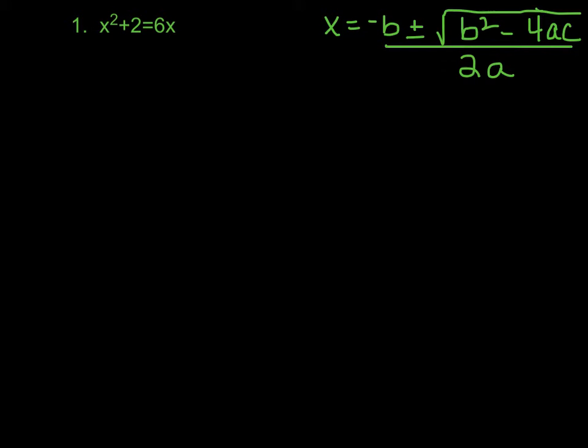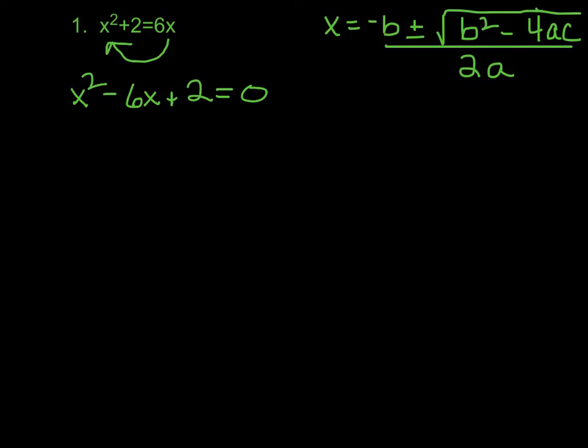So here we go. Before we even start, if we look at number 1, we need to get it in standard form. So we need it to be set equal to 0. So what I'm going to do is move this 6x over here, and that's going to make that x squared minus 6x plus 2 equals 0. So now I'm in standard form with the highest power first, and then down to the constant last,